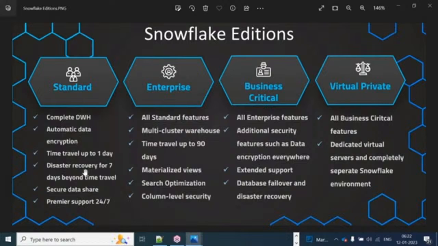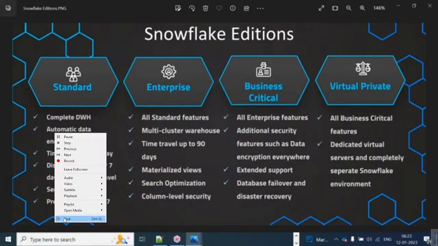And then what about disaster recovery? Disaster recovery is nothing but, suppose the databases go offline, then you are able to bring them back online. What about data share? Data share is nothing but a secure data share, so you are able to share the data between Snowflake accounts. This is about your standard edition. Coming to the enterprise edition,